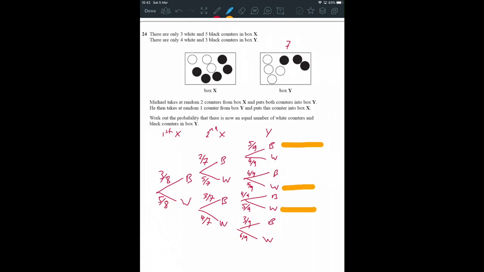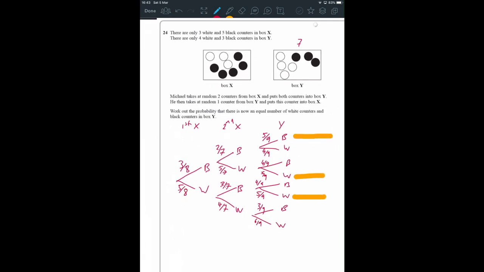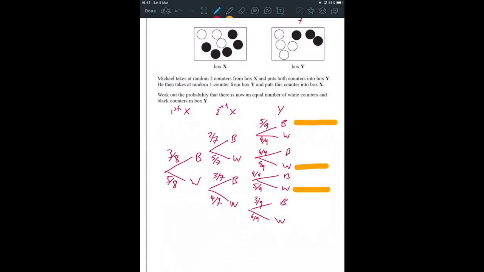And the final section, not useful at all. None of those, if I take an extra black out or an extra white out, I don't get back down to the 4-4 split. So those are all of my combinations which will lead to equal white and black. Well, we remember for a tree diagram we multiply across to work out the probabilities. So for that top branch,